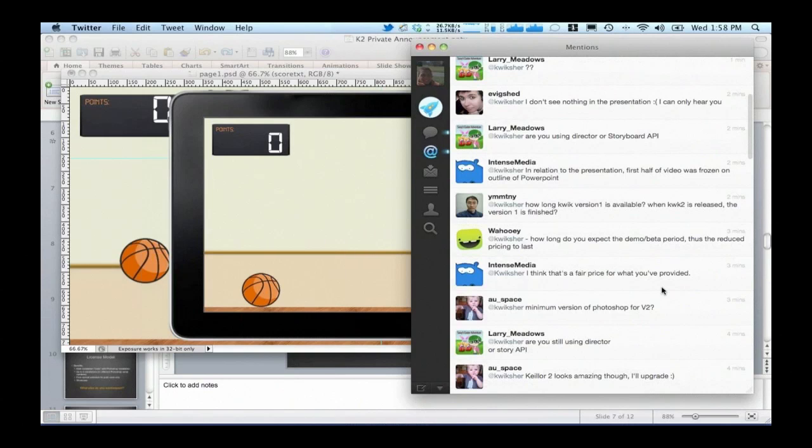Minimal version is CS5 or above. It runs in CS6. We have been testing a lot, and it's running well. My idea is to have the beta period probably at the end of July, and I'm working with my marketing guy, who is also attending the conversation today, on how we are going to move from version 1 to 2.